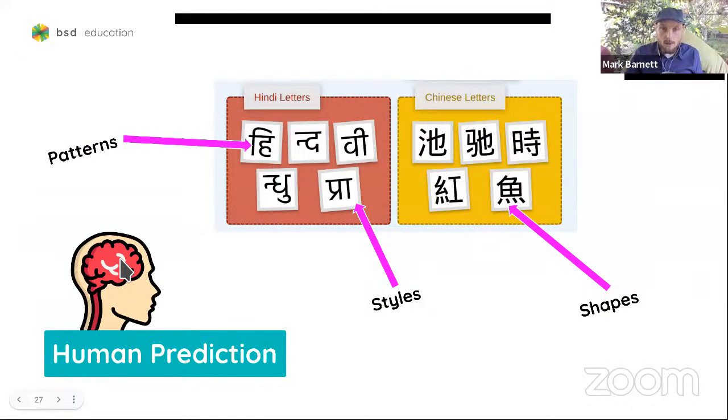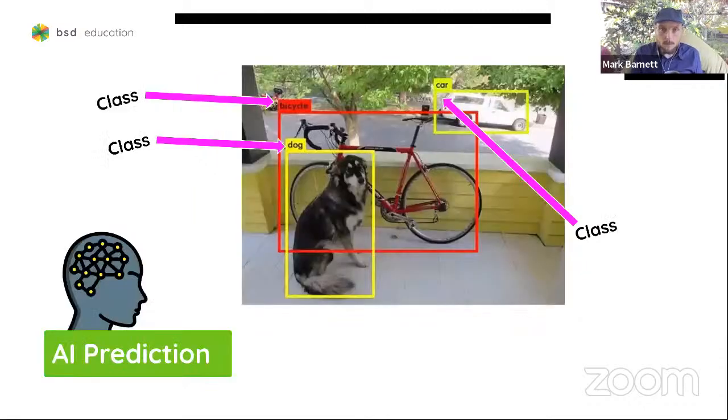So when your brain starts to look at these different characters, you start to do the same thing that AI does. You start to look at the arrangement. You look at the shapes, the patterns, the styles, the symmetry, the vertical lines, the horizontal lines. Just like the Abraham Lincoln system would start to look at the shape of the eyes, the shape of the face, the exterior facial features. So our brain does the exact same thing.